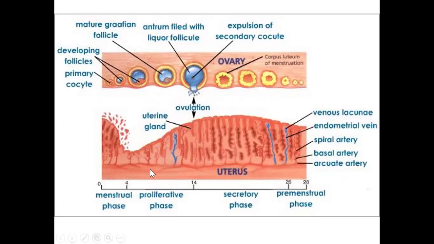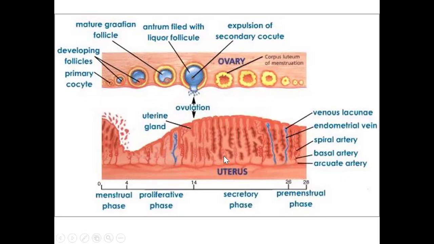In the uterine cycle, the events occurring are the first phase, the proliferative phase, and then the secretory phase. We can see here the difference in these two areas. There is enlargement not only of the blood vessels, but there are more blood vessels here. There is more secretion here. The glands which have been increasing in the proliferative phase are now in peak secretion, and that is why this phase is known as the secretory phase.